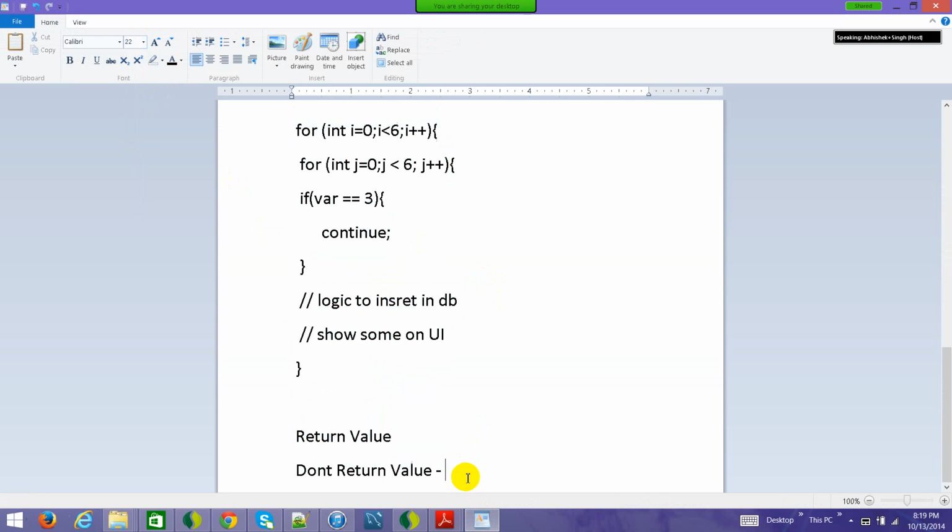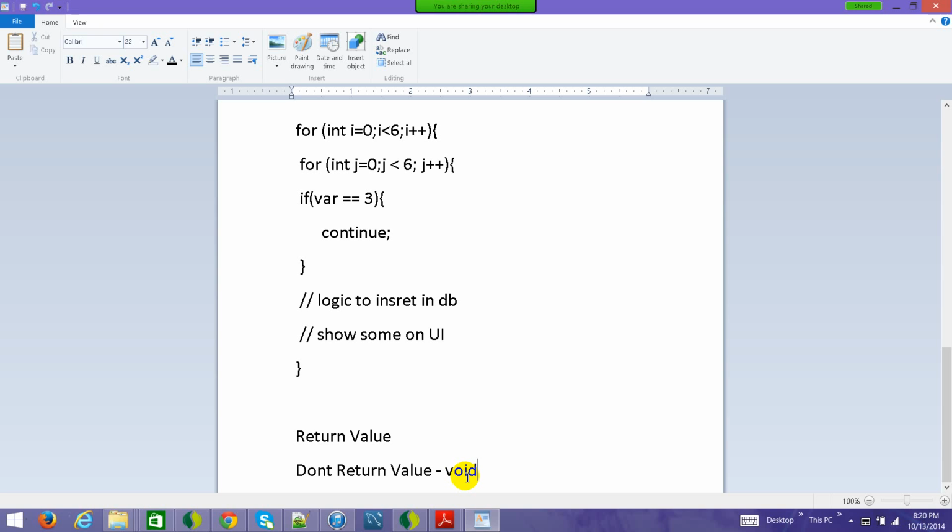Okay, so Java has two types of functions. One is what returns value. The second is what doesn't return value. So if it doesn't return value, we represent it using void. So void is basically a way to say to the Java compiler that we are not returning anything back. So we'll execute some piece of code, we will insert the data in the DB and just be done with it. We're not going to return any flag or say that we have done the job back to you. So void is out there.